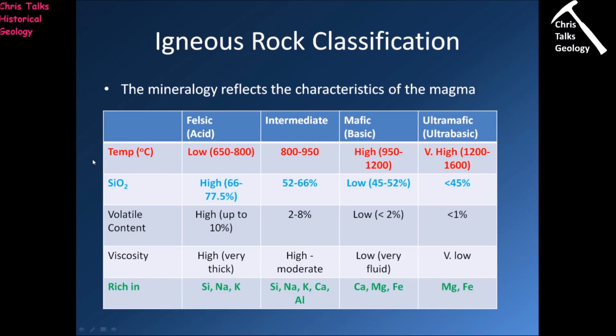So anyway, let's just go through the table here. What do we have? Well, we can see that we have the four types of magma, and we can see the temperature ranges associated with each type of magma. We can see the amount of silica, SiO2. We can see that felsic igneous magma has a lot of